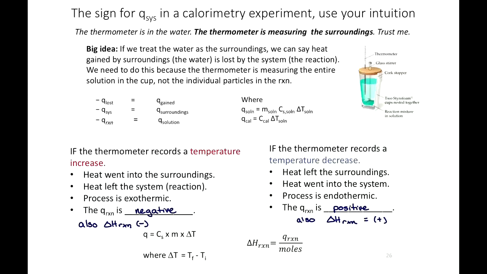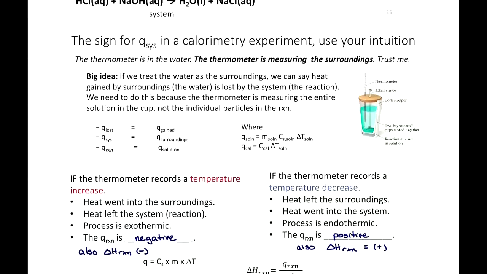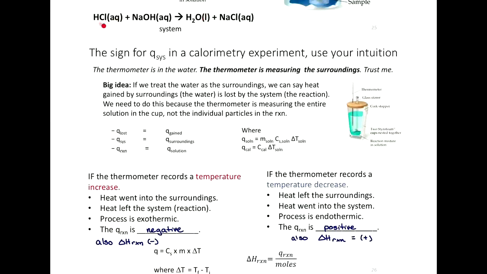So this is the chemical. Did I write the chemical reaction here? No, I didn't. Okay, so here. This is the system, this chemical reaction. HCl particles reacting with sodium hydroxide particles. That's an acid-base reaction. But when we think about what's happening in the cup, it's happening in a sea of water molecules. So that water, like all the rest of the water in the cup, that's actually the surroundings that we are measuring. So any heat that is given off by the reaction is going to enter the water that we're measuring